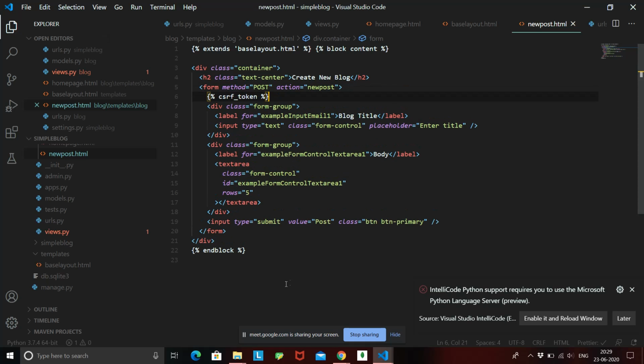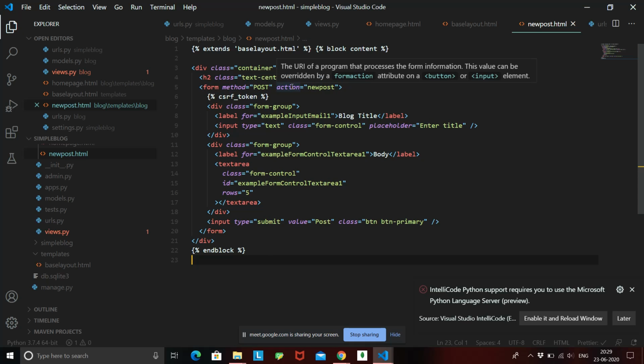Okay, so now after you create this form, make sure you specify the CSRF token for security purposes. You don't have to go into details about how these tokens are generated or what this token basically does, but all you need to know is that you need to pass a CSRF token to each and every form that you create in Django. Suppose you create another form, like a user registration form or user login form. Each and every form that posts some data to the URL needs to go through this CSRF token. So that is a very important thing.